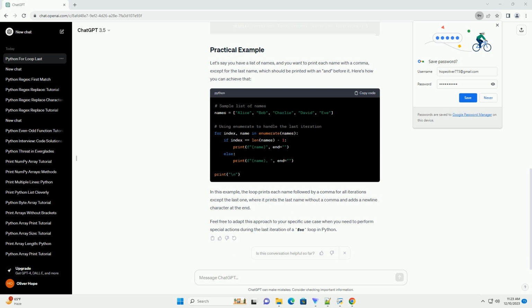The enumerate function in Python allows you to iterate over both the elements and their indices. By leveraging this, you can determine whether the current iteration is the last one. In this example, enumerate provides both the index and item, and the condition index == len(items) - 1 checks if